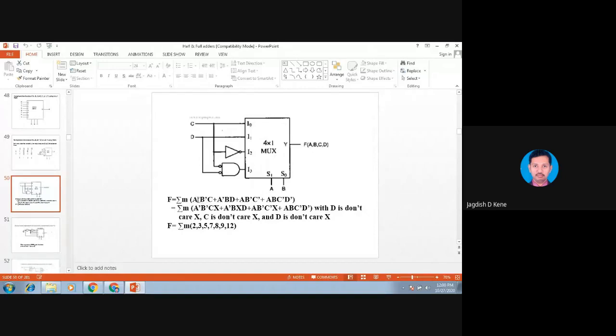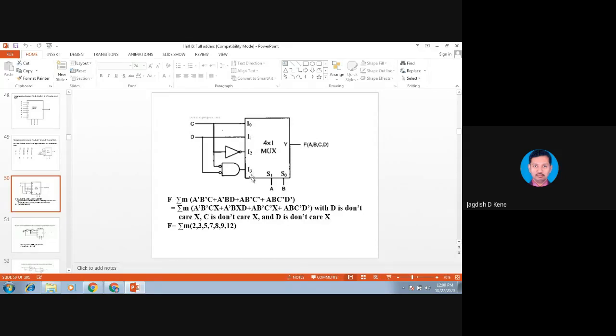For I0 it is A bar, B bar, C. For I1 it is A bar, B, with 0, 1, and C and D are don't care. Likewise you can design, and we have written the function for I0, I1, I2, I3.